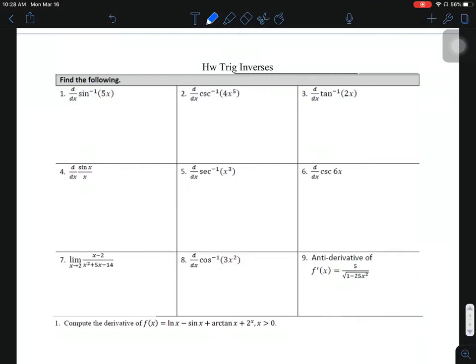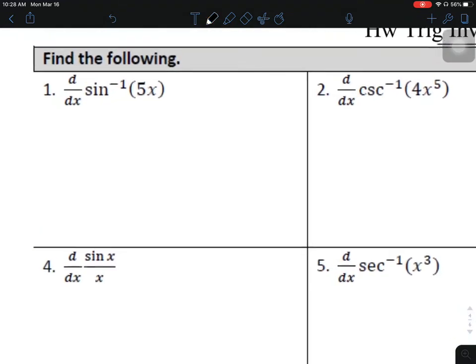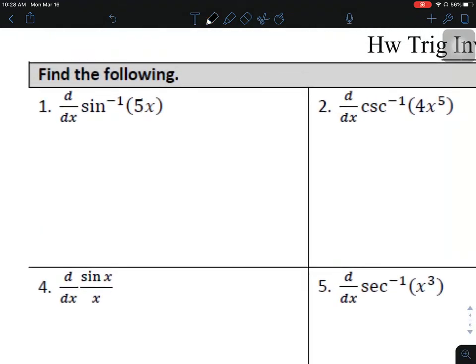All right, this is AP Calculus AB. Looking at homework for trig inverses. Number one, we got the derivative of sine inverse of 5x. In this case, we are saying that u